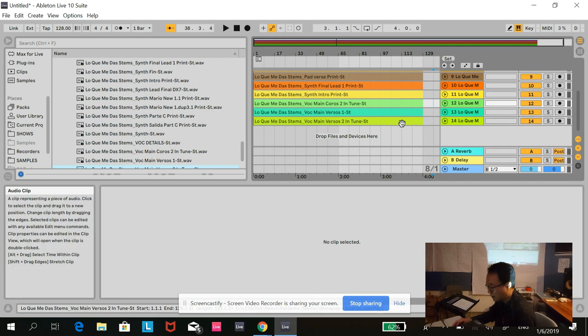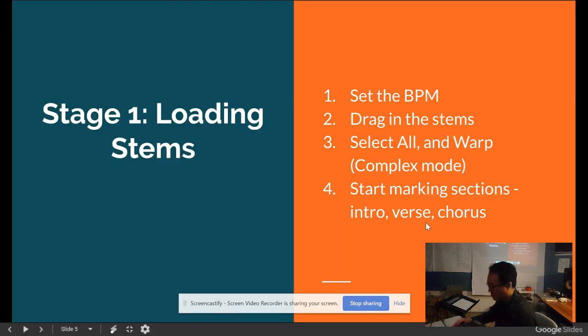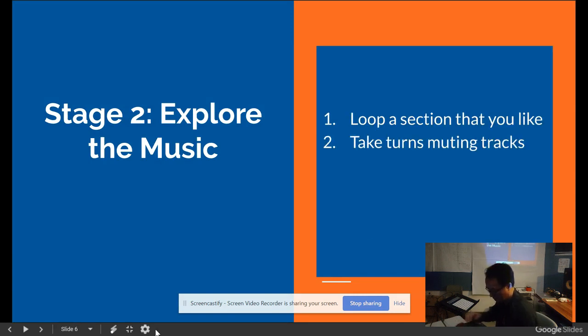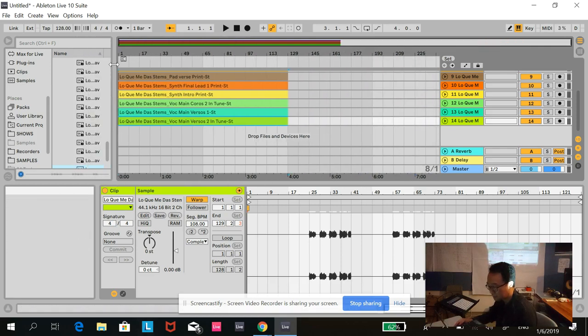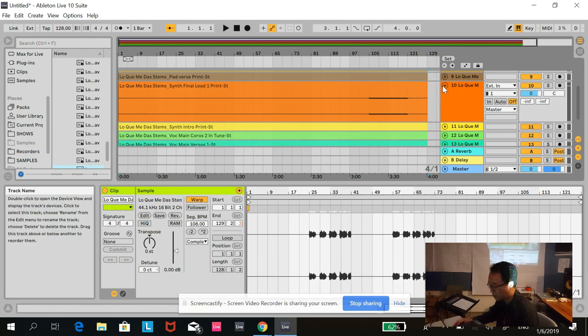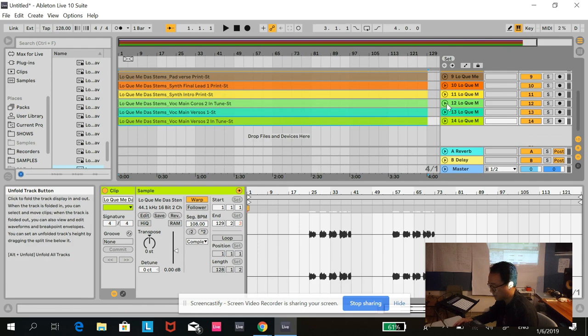So now we've got this. I'm going to start marking sections like intro, verse, chorus, so that I can loop a section that I like. Let's see. I have an easy way to do this, which is, here we go, the vocal parts are actually